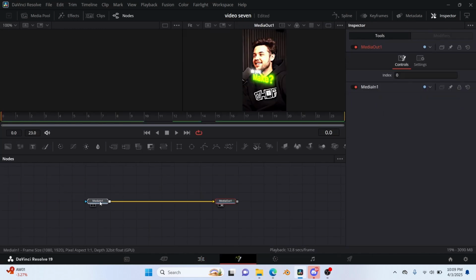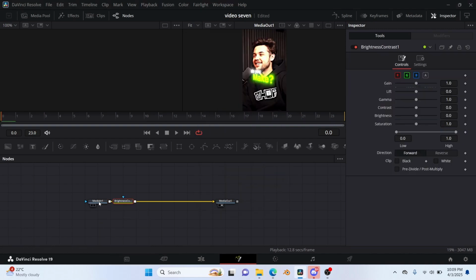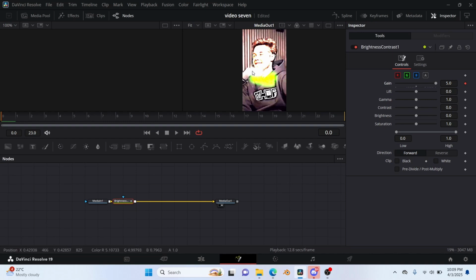So what I'm going to do is I'm going to search for brightness and contrast. I'm going to enter, and at this level, at frame 0, I'm going to keyframe the gain value. I'm going to take it all the way up. So you see it's kind of looking now more brighter because there are 2 of them, or you can just reduce it like that, reduce it,